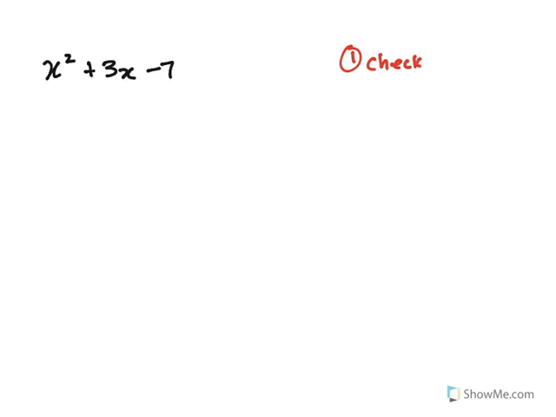Okay, check the coefficient of x squared. If you look at this question, for the coefficient of x squared, there's nothing in front of it, which means it is equal to 1. Only then can you actually start completing the square. So once you have done that, step 2,